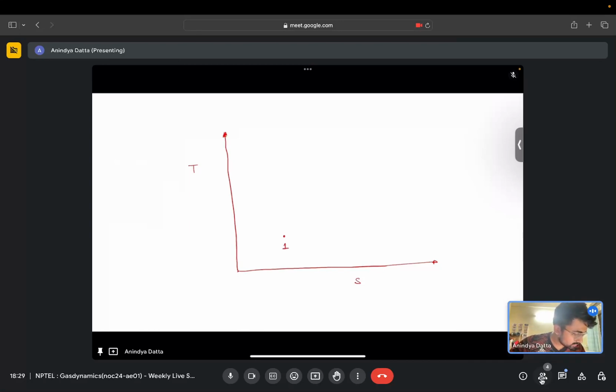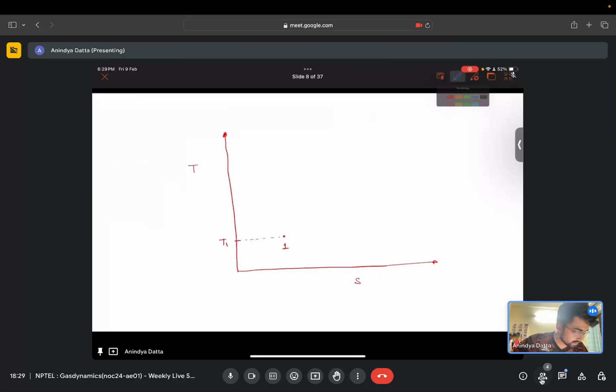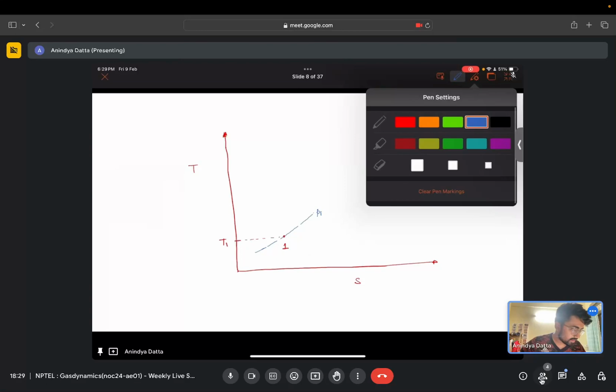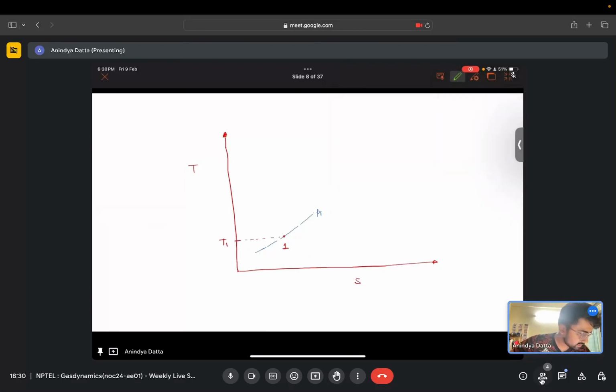This is our T1, and we have this constant pressure line, P1. For the stagnation state, which we write as 0, 1,